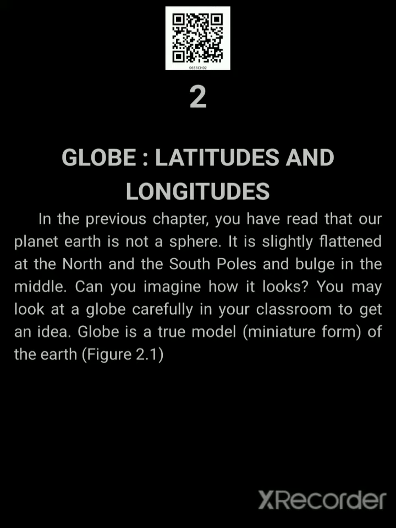When we look at the globe, we can see that it has a north and a south portion. Those two portions are known as the North Pole and the South Pole. So, in this chapter, we will be knowing the model of the earth, which is known as globe, what it is and what purpose does it serve, the main definition and use of latitudes and the definition and use of longitudes, how they are beneficial to us and why do we calculate them or why do we get to know them, and a very major thing which is the motion of the earth.